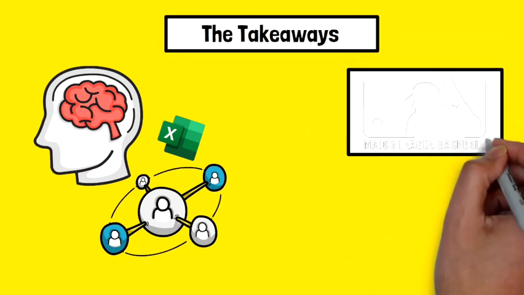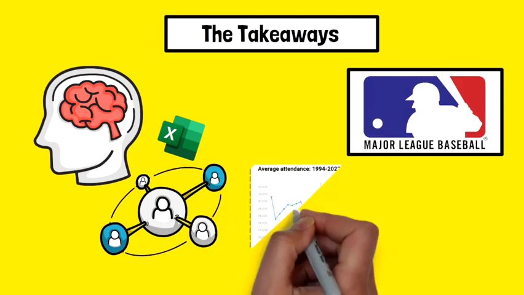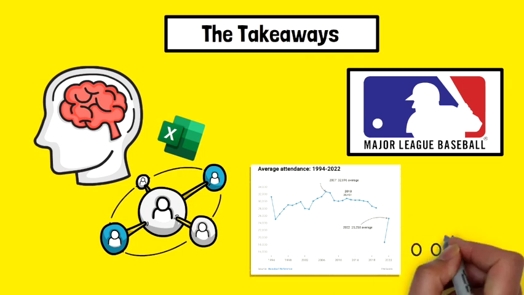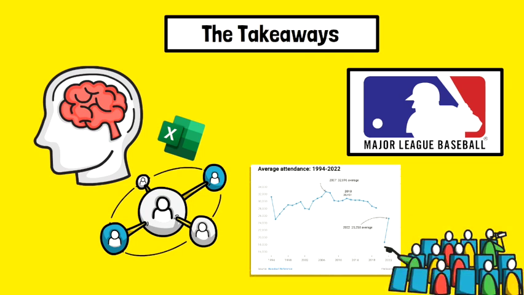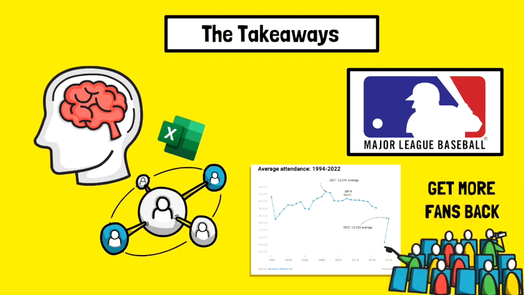Secondly, what can Major League Baseball take away from the Ohtani effect? Fewer and fewer fans are showing up to big league ballparks to cheer on their favorite teams. And while attendance is up from last season, we are still seeing 5% fewer fans as a whole from the last pre-pandemic season in 2019.